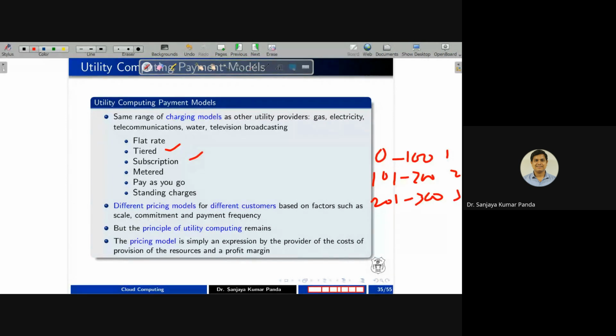Many people are going for subscription based. They say, I am using the service for 1 day, whatever amount you want to take, you take it, but for 1 day I can do unlimited internet, unlimited, let's say, phone calls. So there are different types of schemes, like metered schemes. Based on the meter, you can charge a constant rate, let's say it is 200. Then without tier, you have to say per unit, let's say 5 rupees. So there are different pricing schemes. It is written in the service level agreement what pricing scheme a user has agreed to give to the provider. So before getting any kind of services, we need to be clear about these charging models.